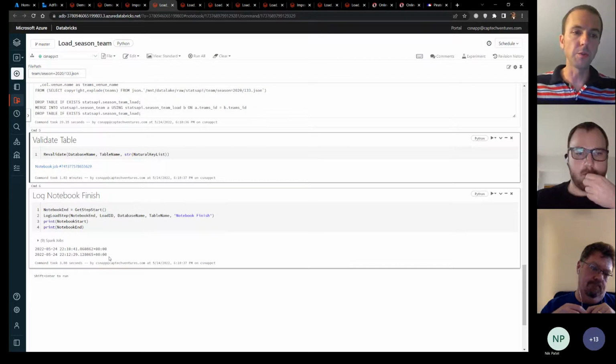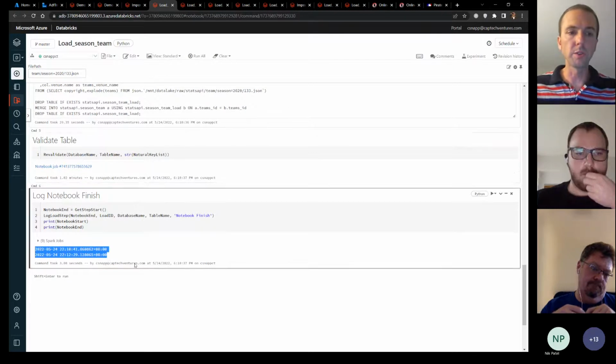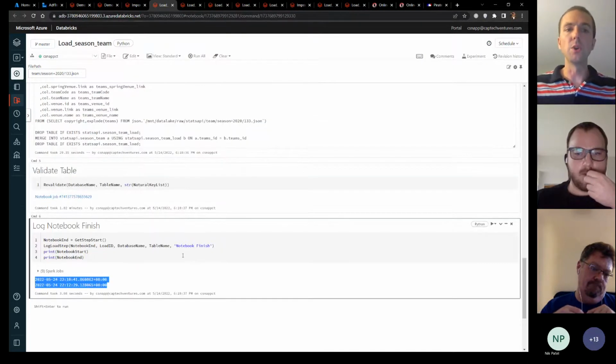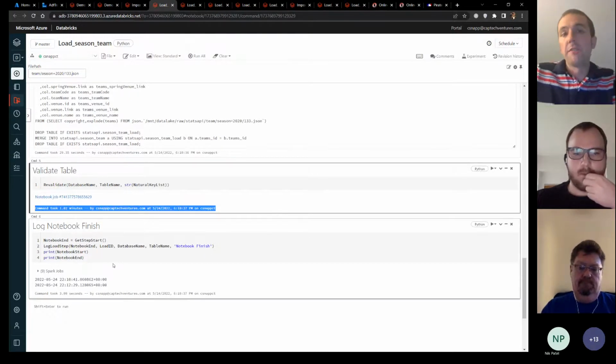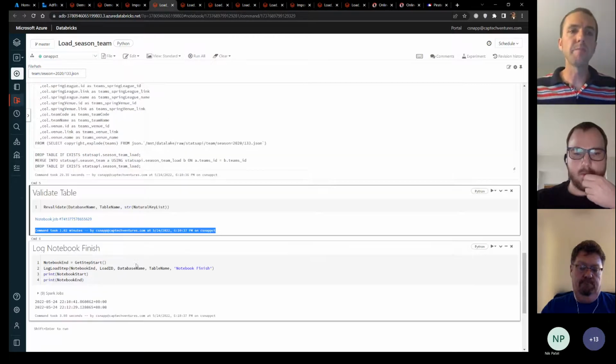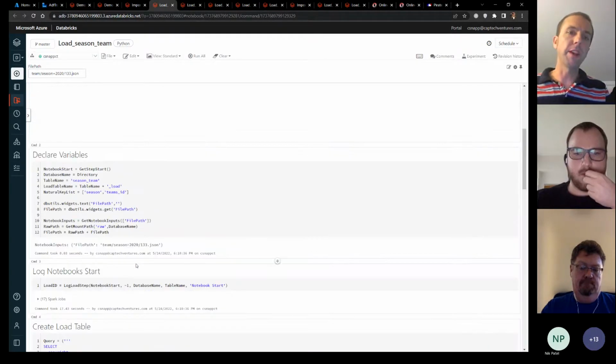So there it finished. It ran for a little under 2 minutes to load in one file of data into the target, and a lot of that is the validation. If we wanted to not validate every time, we could speed up our process. But anyway, I'll stop there. That's one approach to data engineering with Databricks with a good framework.